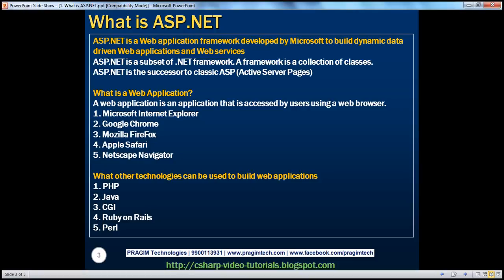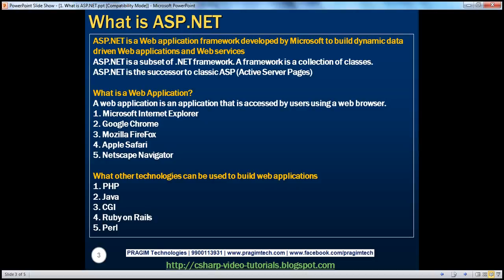So for any type of application that you build, if you want to retrieve data from data sources and then use the data within your application, then you will use something called ADO.NET. Again, ADO.NET is not a different technology altogether. It is a subset of the .NET framework that can be used to pull data and then use that with your application. Along the same lines, ASP.NET is a subset of the .NET framework that can be used to build web applications and web services.